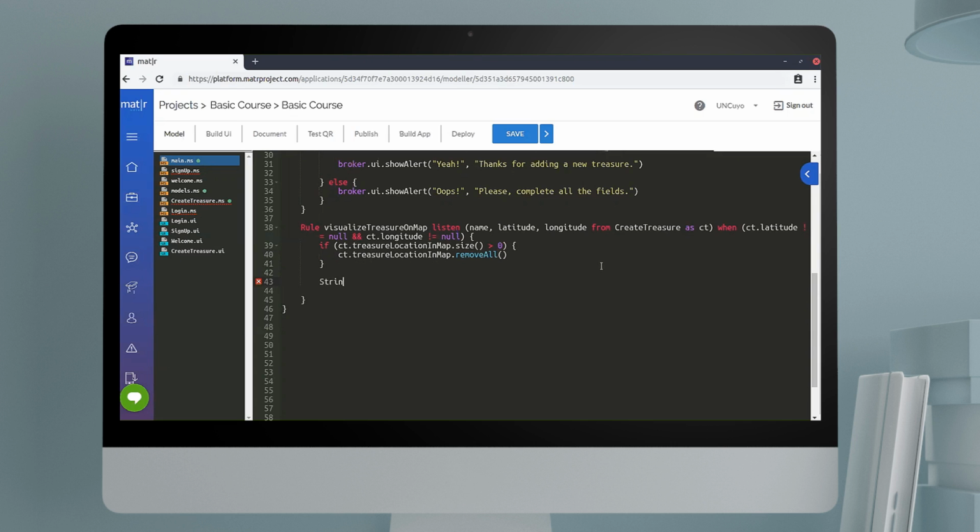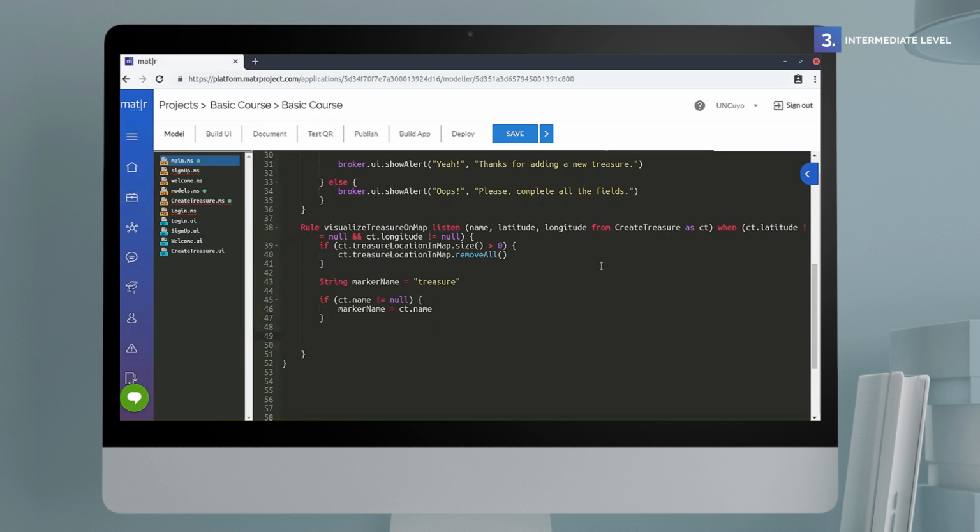String markerName = treasure. If (ct.name != null) { markerName = ct.name }